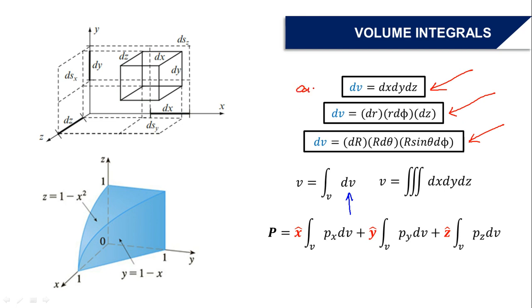Para dito sa Cartesian, dx, dy, dz. Sa cylindrical naman, we have dr, r dphi, dz. Sa spherical naman, we have dr, r d theta, r sine theta, dphi. Okay? Yan. So, from this, let's try to solve two problems. For these two types, subukan natin i-apply itong mga to and